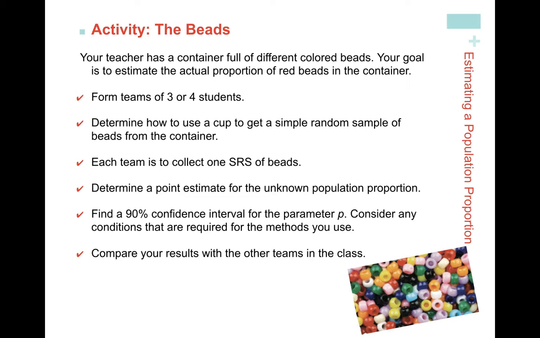But anyways, let's say you go ahead and figure out how to create an SRS. Each team collects an SRS. You determine a point estimate for P, which is just going to be your p hat. And then each team is going to construct a 90% confidence interval for P based on their point estimate. So everyone's point estimate is going to be probably slightly different, right? And that means that everyone's confidence interval is going to be slightly different. Then you could go around and compare your confidence interval with everyone else's, and it'd be a lot of fun. Obviously we can't do that, but